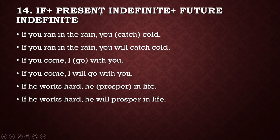Right. Now move. Okay. So rule number 14. This is about if clause. If we have present indefinite in the first clause, we have to write down future indefinite as the second clause. Right, dear boys? If we have if clause and the first clause in present indefinite tense, then we have to write down the second clause in future indefinite tense. For example, if you run in the rain, you catch cold. So dear boys, what are we instructed to do? We are instructed to write down